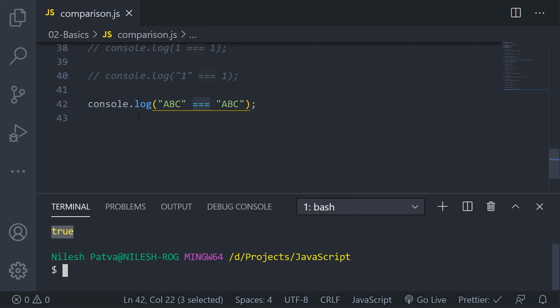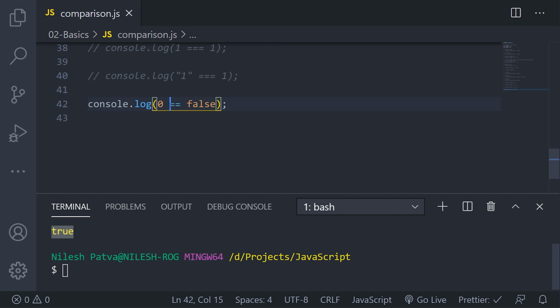Yeah, so it is giving me true as both sides have the same value and the type is also the same. Also, I'll show one more thing here. 0 is compared to false. Let's just see what happens here. So just run this. It is giving me false as this is considered a falsy value, but it is not false, and its type is number, and on this side we have false. Let me just remove one equals to and you will understand what is the difference here. So it is giving me true.